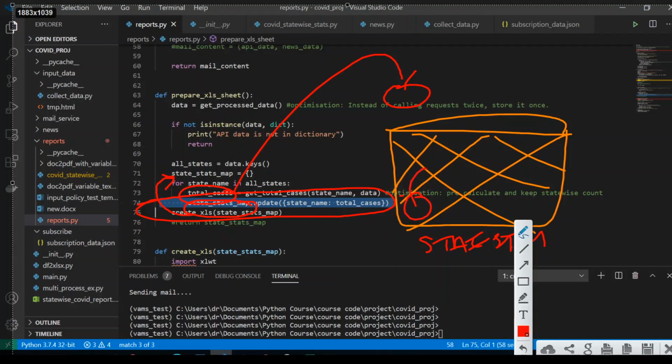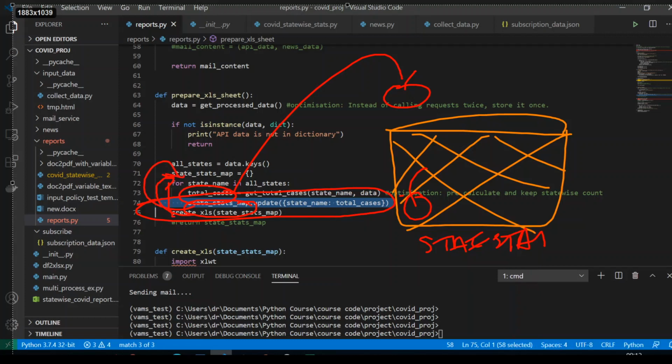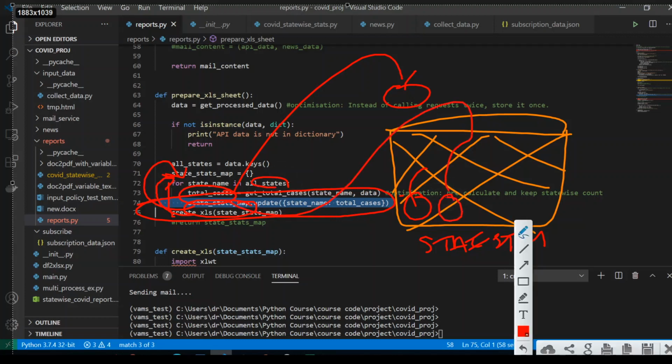So again I go back here, line 75 is outside this block, so don't get confused. Then again I go back to the next state because I'm traversing through the states. So again I collected one more fruit here, I put it here.